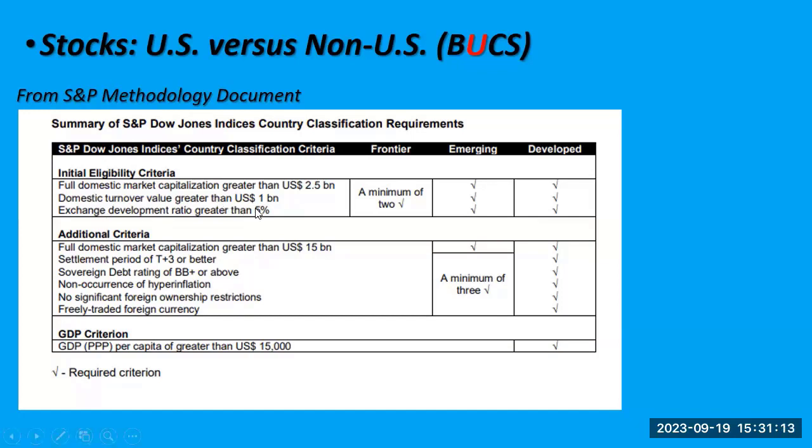The development ratio has to be greater than 5%. This is where China struggles a little bit. So how large is your stock market relative to your economy? The US stock market is about the same size as our economy. It's almost 100%. But in some countries, it's really, really small. So your stock market needs to be at least 5% of your country's economy. If you meet all of those, and